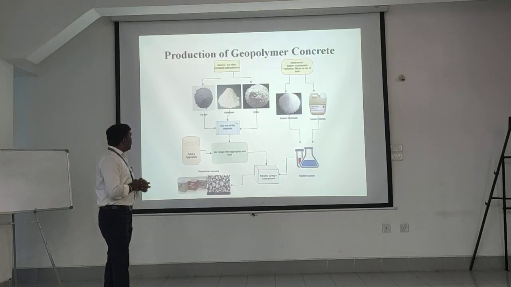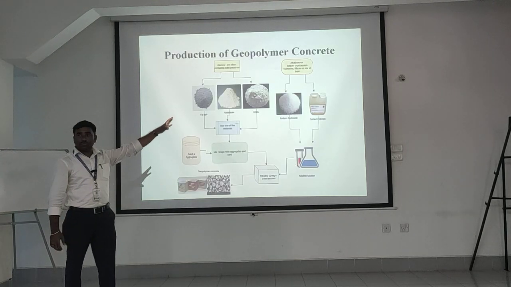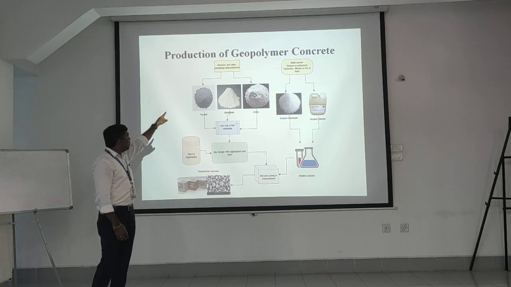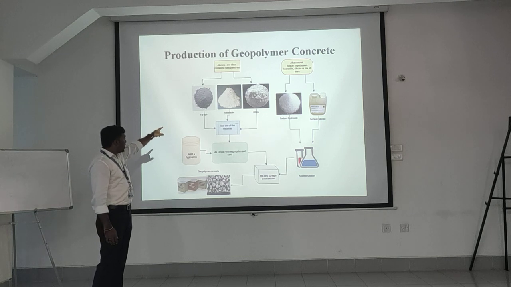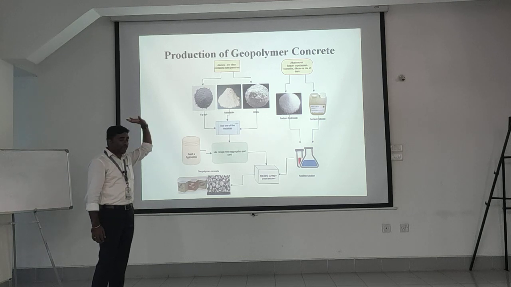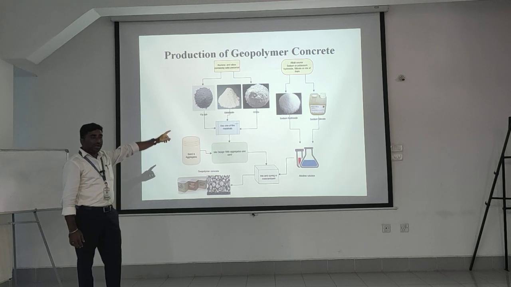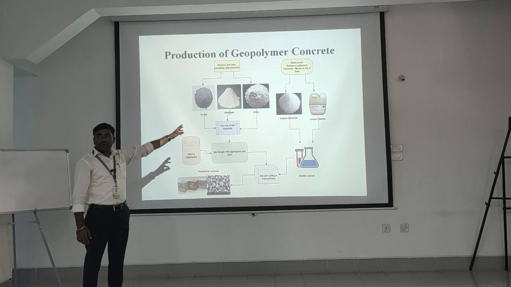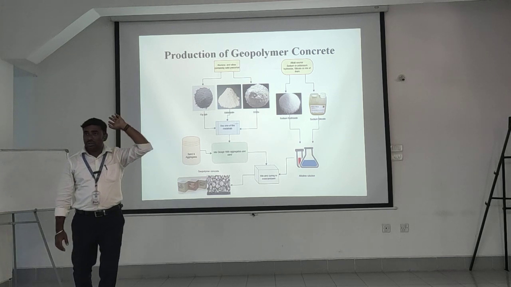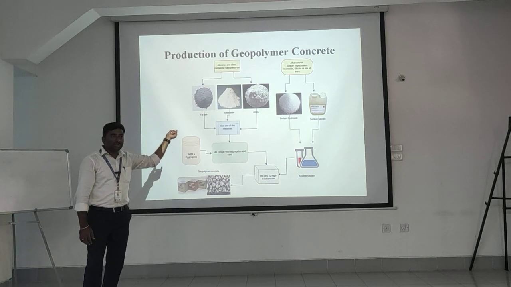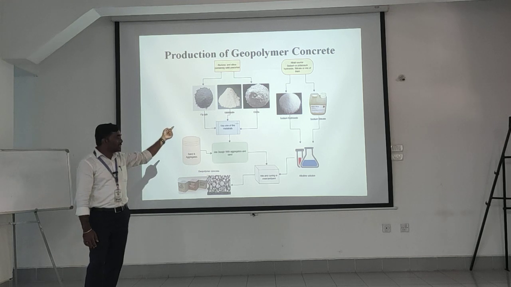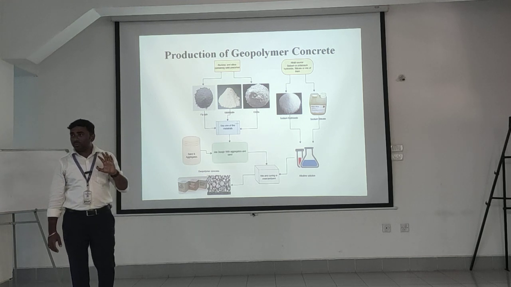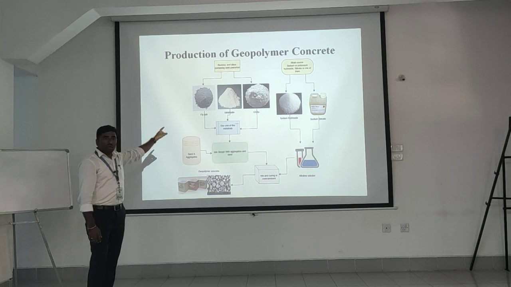Next, the actual procedure. First, alumina and silica containing solids. Here there are three types of materials: fly ash, metakaolin as well as GGBS. GGBS means what? Ground granulated blast furnace slag. How do we get GGBS? It is from burning iron, in a steel manufacturing company, where we get a powder that is nothing but GGBS. That is also a replacement for cement.